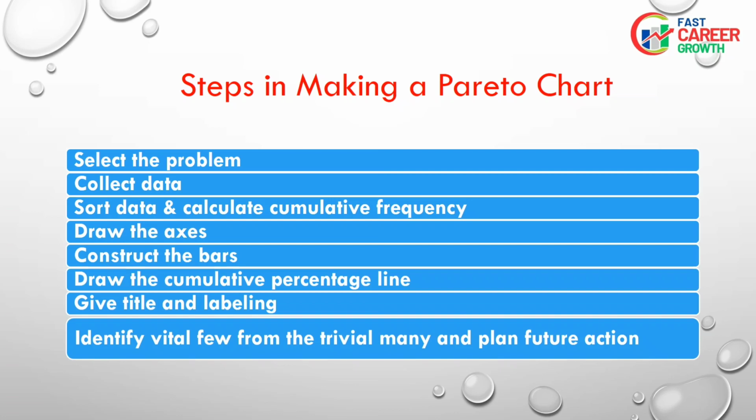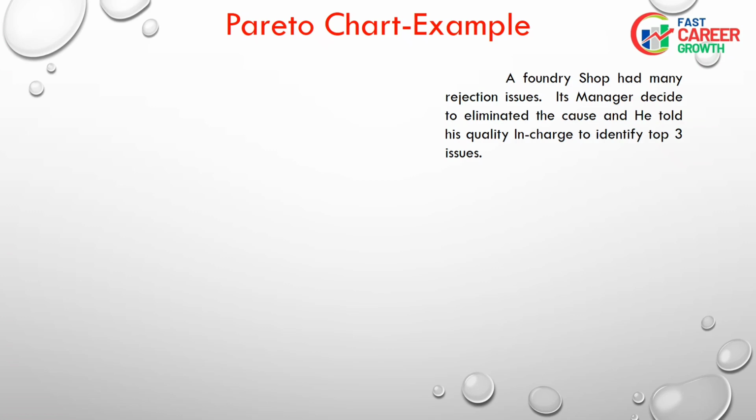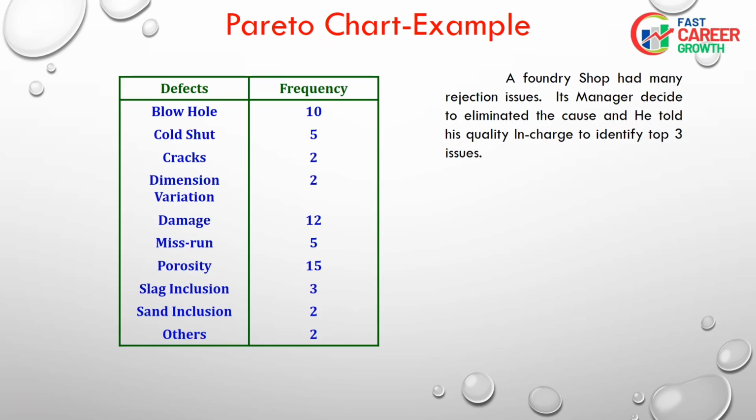Next, Pareto chart example. A foundry shop had many rejection issues. Its manager decided to eliminate the cause, and he told his quality in-charge to identify the top 3 issues. Here the data shows different defect categories with frequency, meaning number of defects, such as blowhole, cold nut, cracks and